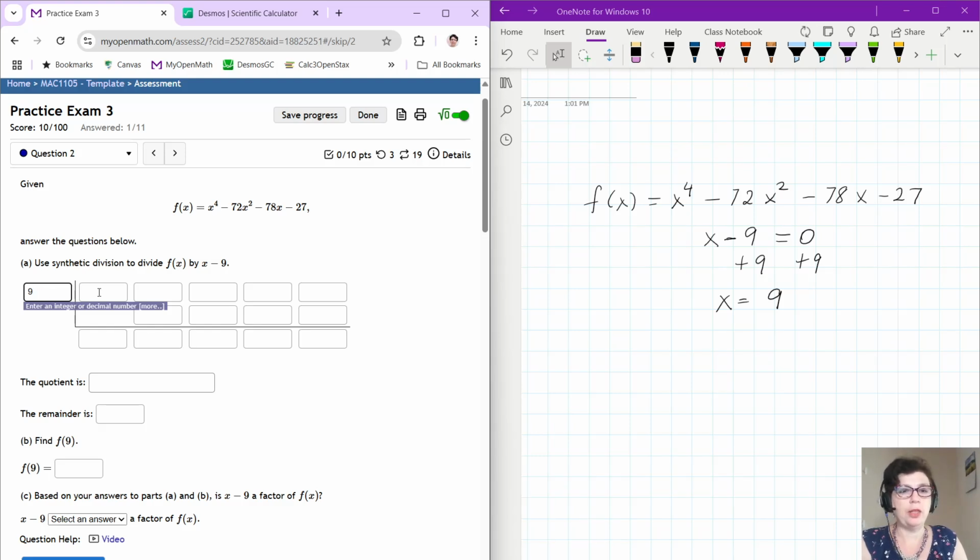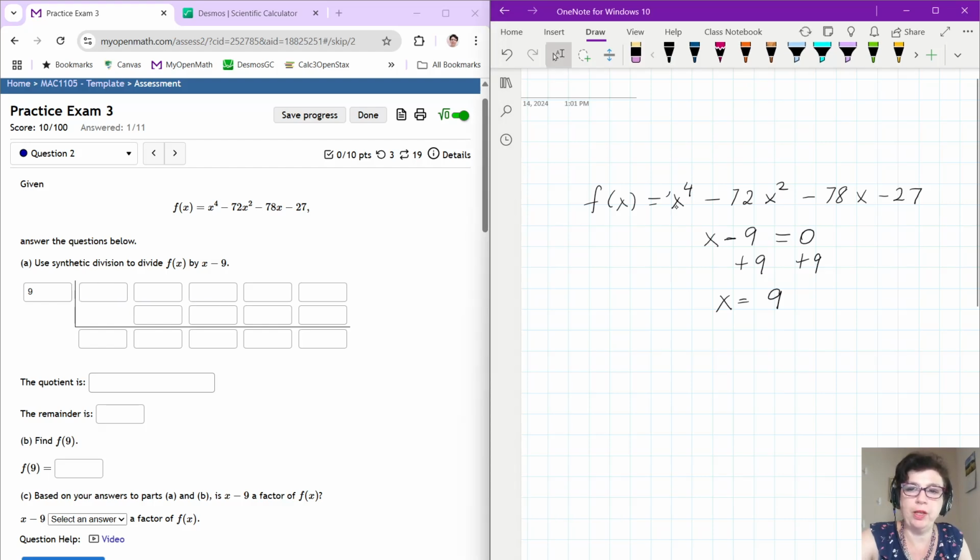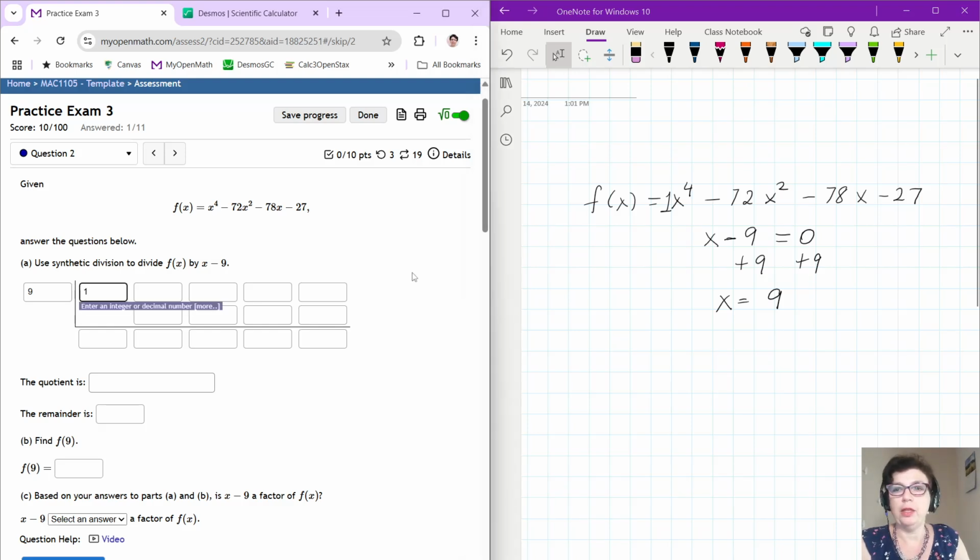The next thing we're going to do is the first row of synthetic division, which would just be the coefficients of the terms. So for x to the fourth, we don't see any coefficient, so that's going to be 1. So that goes here. Then for x squared, we got negative 72, so that will be in the blank over here. The next one will be